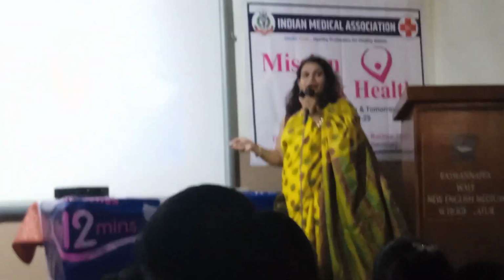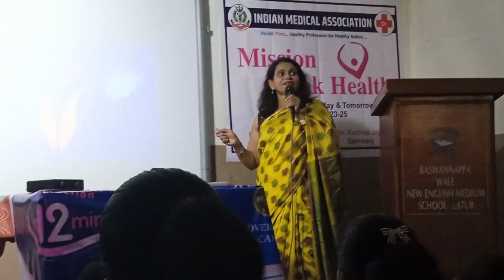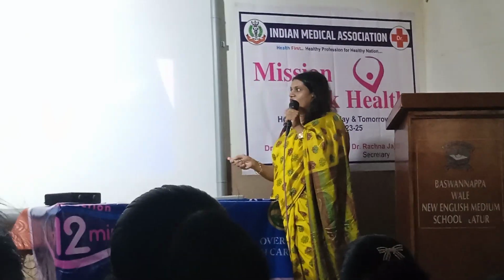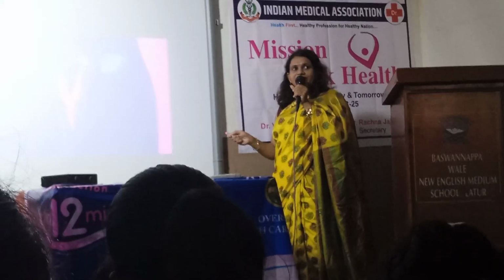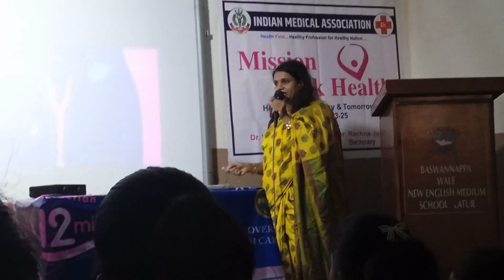Next please. So if pregnancy does not occur, then what will happen? Every month what we see, there is menstrual cycle. Every month there is bleeding from the vagina. So how does this happen? This ovum is coming to the fallopian tube. It is not getting fertilized with the sperm. So the ovum is directly coming into the uterus.